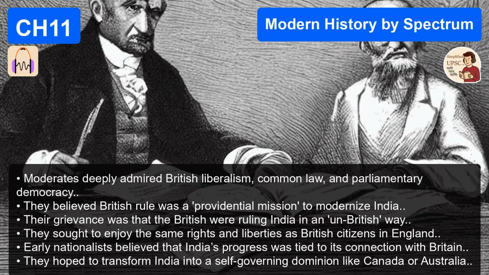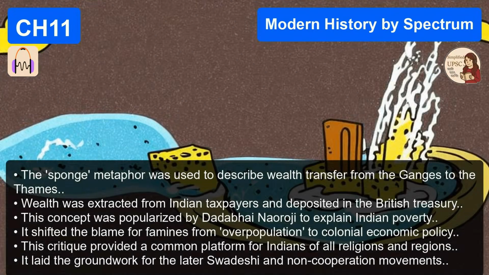So, beyond economics, let's look at their actual political and administrative campaigns. They spent a lot of time focusing on the legislative councils. They did. Their primary political demand was constitutional reform. They wanted the legislative councils to be expanded, and they wanted them to have actual, meaningful power. Because at that time, the councils were basically just rubber stamps for the viceroy, right? Pretty much. And due to constant moderate pressure, the British finally passed the Indian Councils Act of 1892.